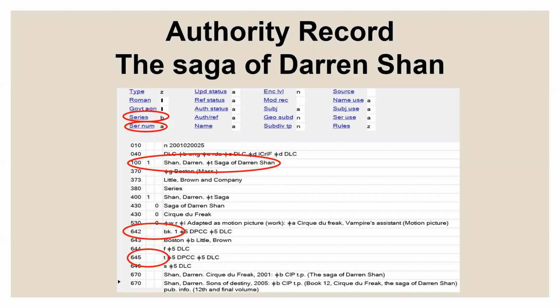Because of this new rule, you may find some records that are coded 490 first indicator 0. So if you do come across records like that, you should definitely check the authority file to see if an actual SAR has been established by the PCC. And if it has, then you want to change the 490 first indicator 0 to 490 first indicator 1, and then have the 8XX, whatever it may be, whether it's an author title series or just a title series. So you definitely want to always take a look, when you have a 490 in a record, to see if there is an authority record for that.